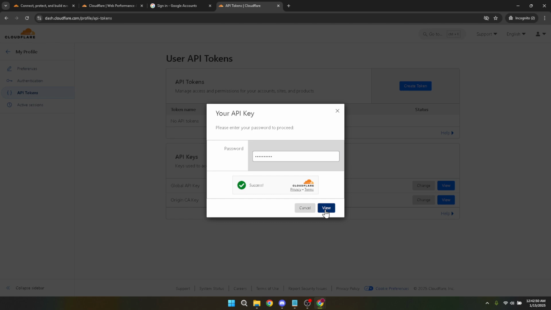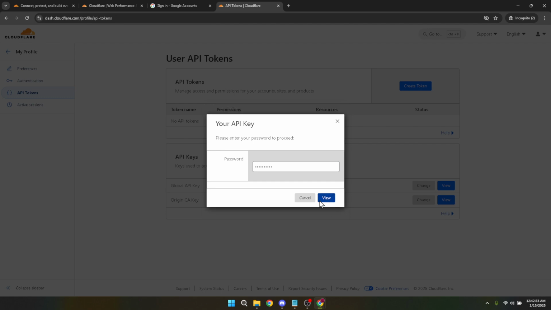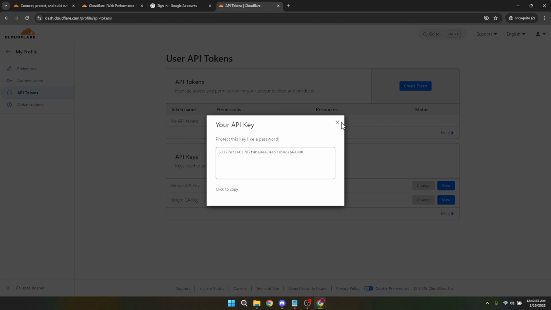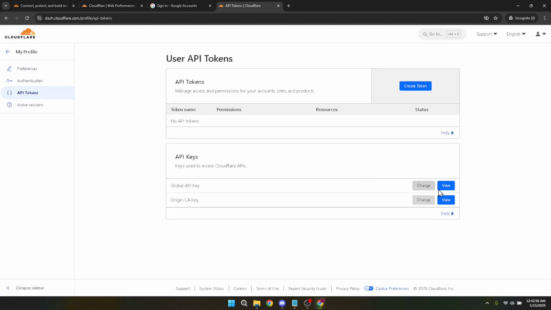This is your cue to copy it securely, perhaps into a password manager or a safe document, where it will be easy for you to access whenever needed. Remember, this key should be treated as securely as a password, not shared publicly or used recklessly, as it grants full access to your Cloudflare account's API features. And that's it. By following these simple steps, you've accessed and secured your global